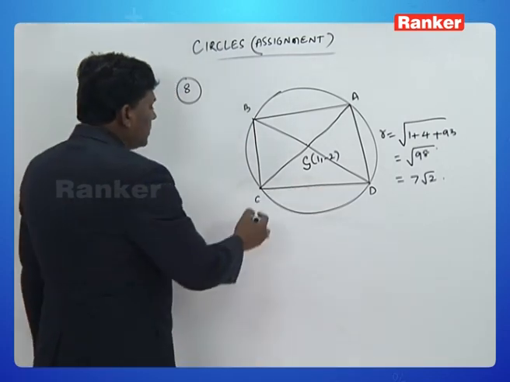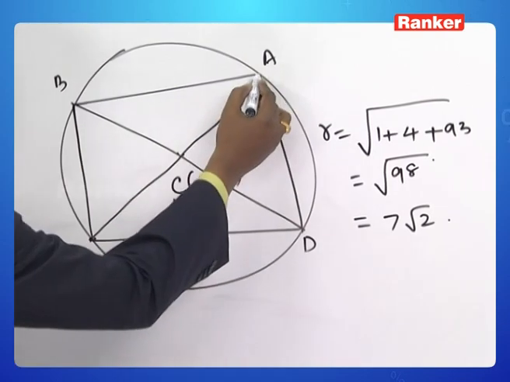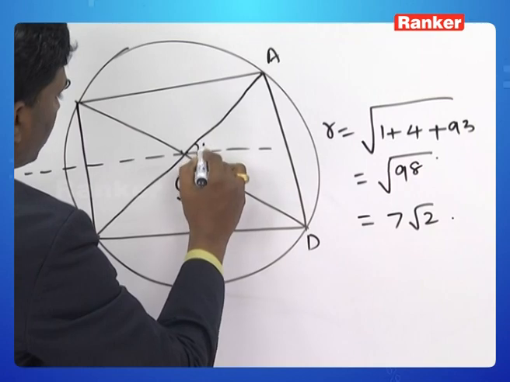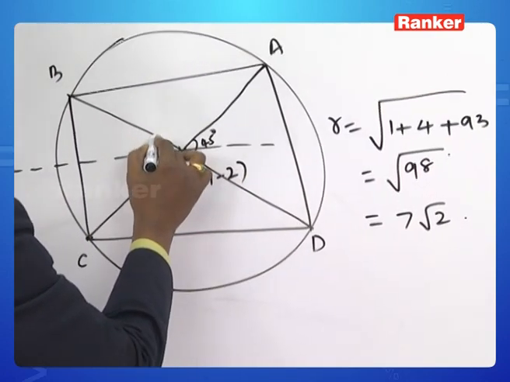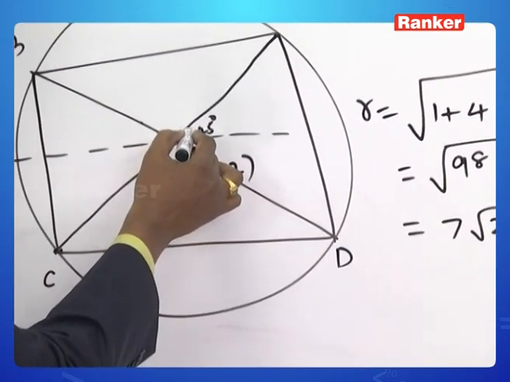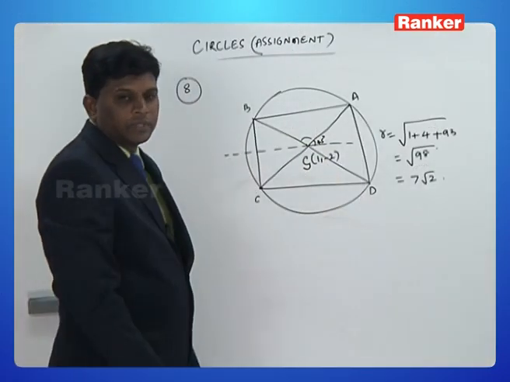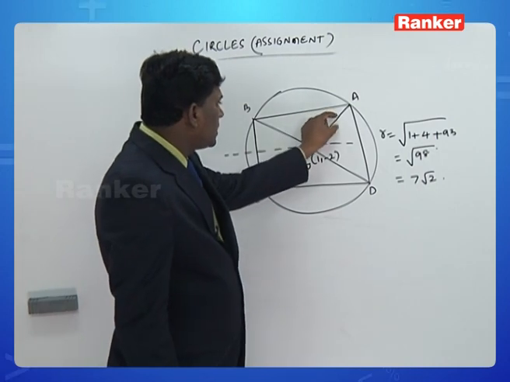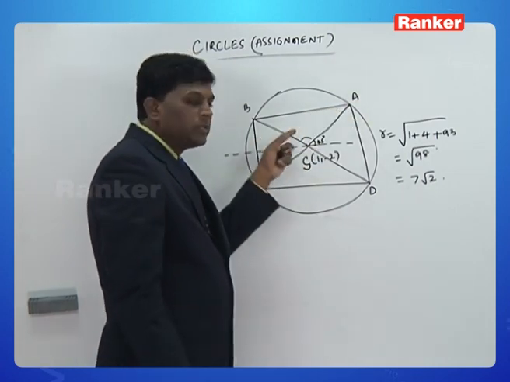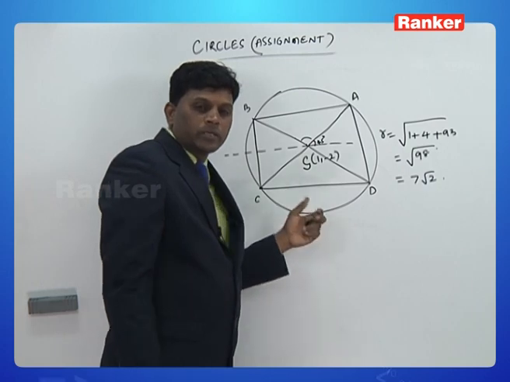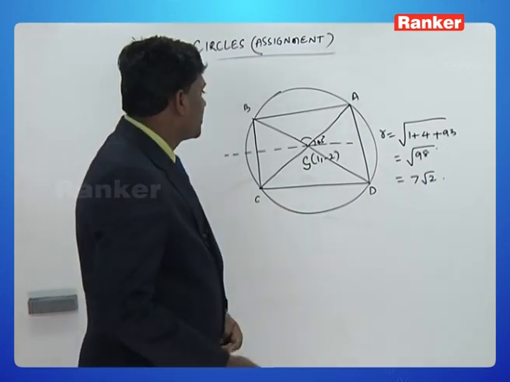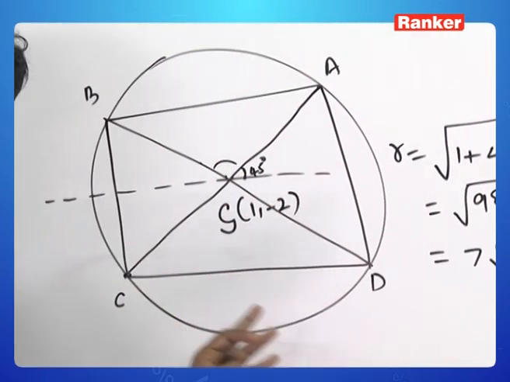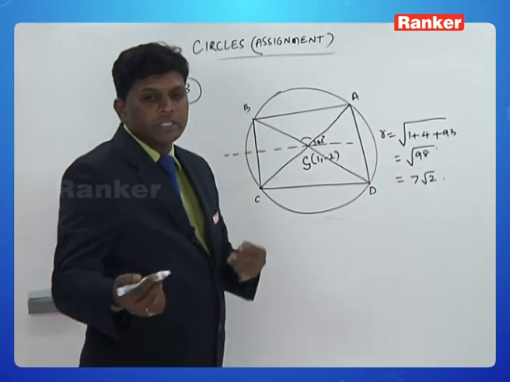Now this line is inclined to the horizontal line with 45 degrees, and this diameter is making 135 degrees. So according to the given question, clearly we know the inclinations of both the diagonals of the square. Once you know the inclinations, we can get the vertices very comfortably by using the distance form of a straight